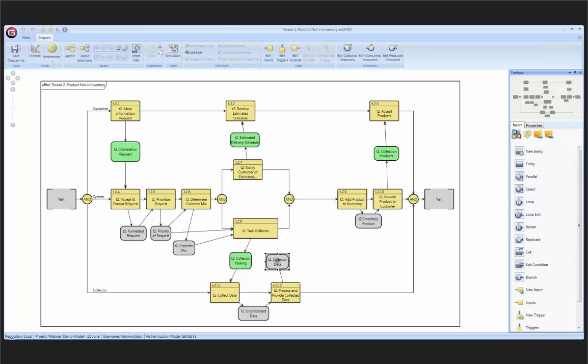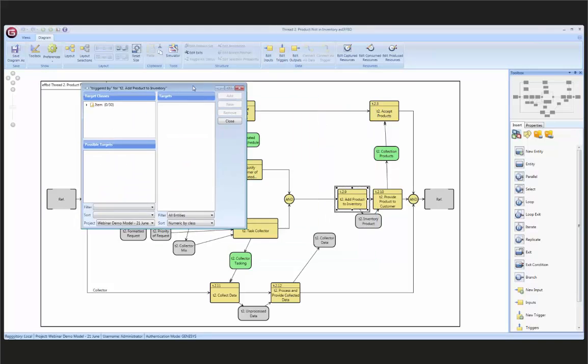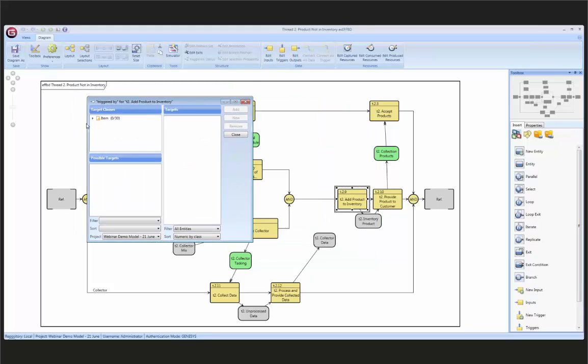So now it's no longer coming in, but I want this to actually trigger this add product to inventory. So when the collector data comes back, once I get the data, that would cue me into adding the product to inventory. So I'm going to select add product to inventory, and I'm going to add a trigger called collector data. So let's just move this over to the side here. Here's collector data. So if I go into all the items for this thread, if I grab collector data,